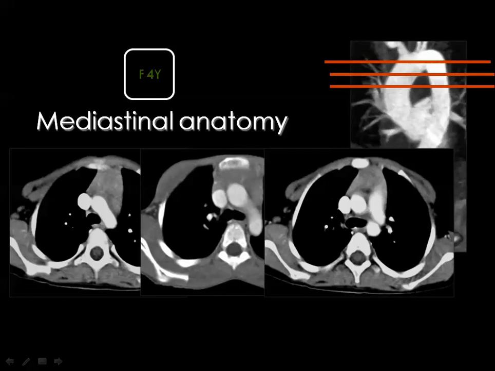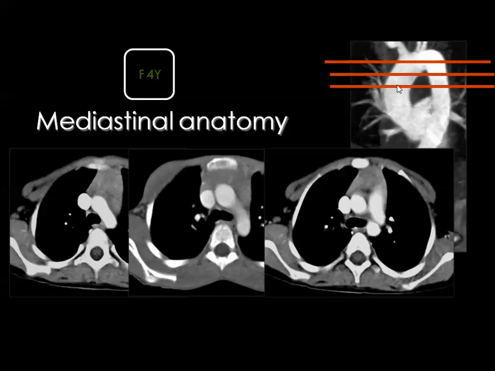Then if you go more down, then you will see the ascending aorta, the descending aorta, and the gap in between. This gap will be occupied by the pulmonary artery. And here, this is the ascending aorta, and this is the descending aorta, and this is the beginning of the pulmonary artery. And of course, you know that this is the superior vena cava. The superior vena cava is seen here and here and here until you reach